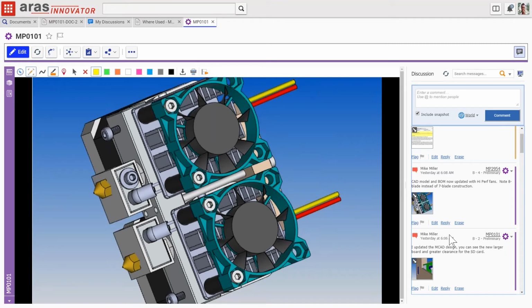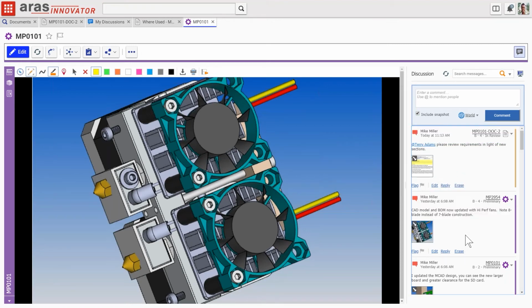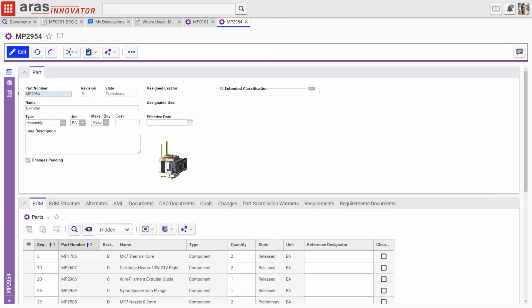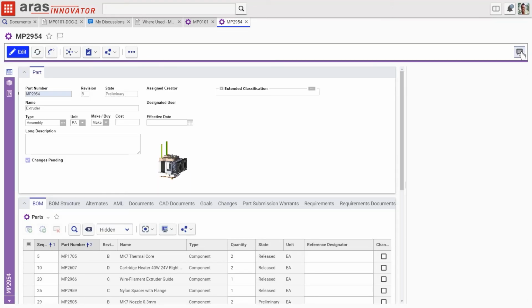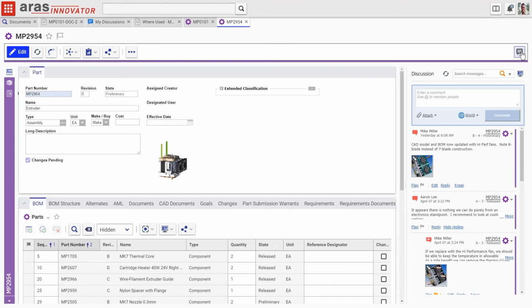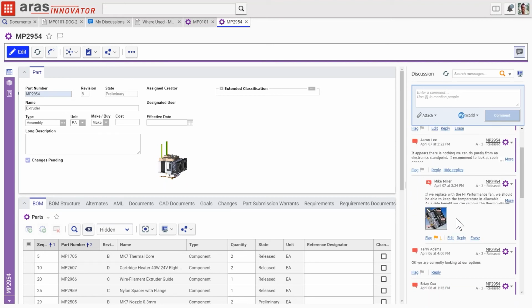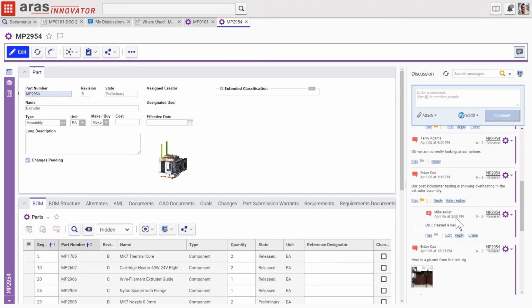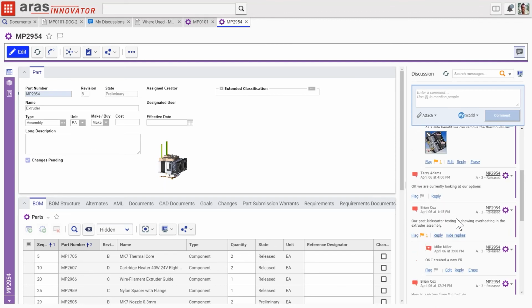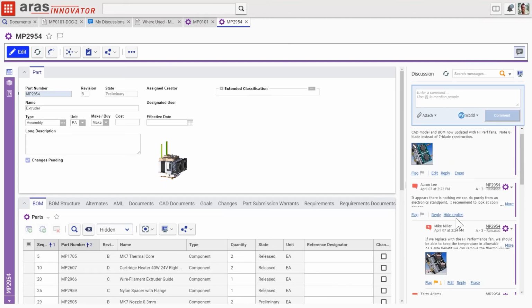Now I've got 8 blades instead of 7. And now he wants to check on his team and see how this is advancing. We're going to go to view the current version and see how it's evolved. And in this discussion for this extruder assembly and its fan, we're going to see just those comments about the extruder assembly and the fan. So now we're filtering those down as we work our way down into the part.